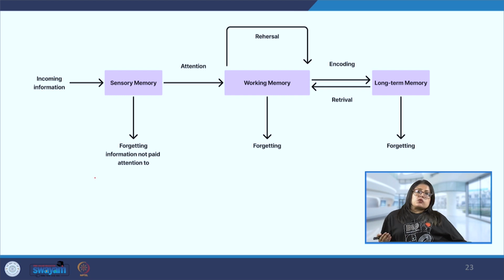But again, this also is not a permanent memory, because if it is not accessed for a very long time, or depending on aging or many other medical factors, forgetting can still take place. And there are two types of long term memories. One is the episodic memory, which is the memory of events and experiences in serial form that we recall, and the other is semantic memory, which structures the record of facts, concepts and skills that we acquire.